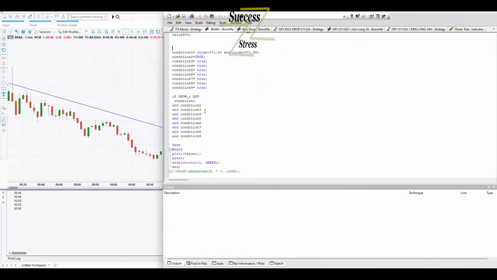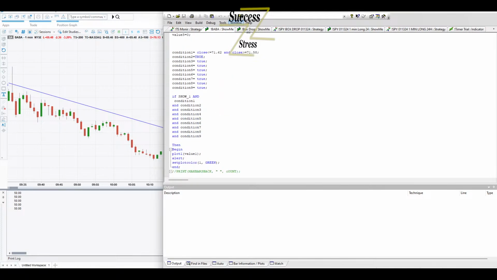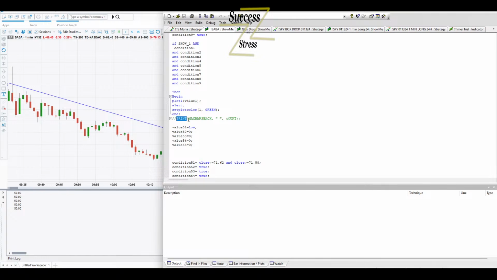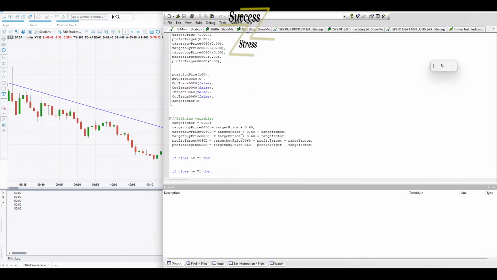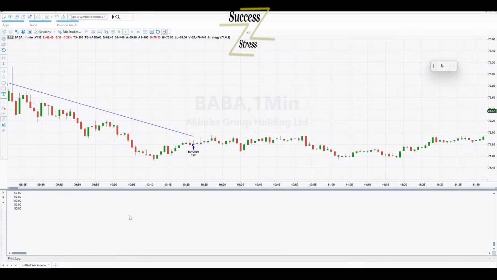So what you want to do is all you have to do. You see, I already have it in my template because it's just that important. This is my template that I use, right? It's already in my template. All you have to do is type print max bars back and then close the quotations, right? So on the strategy, I've got it here, print max bars back. And then once you verify it, and then once you run it on your script, I have my print log